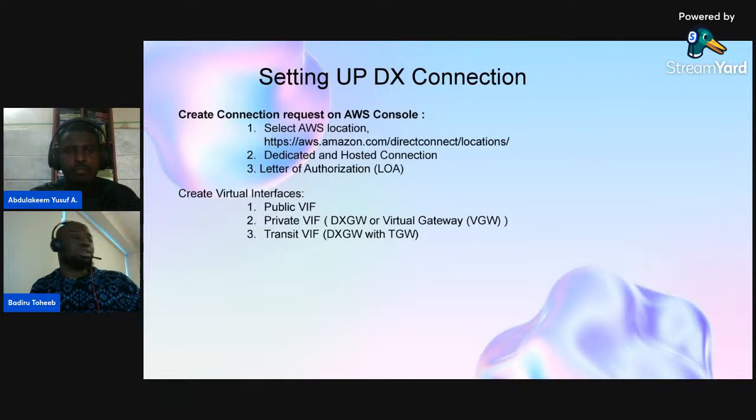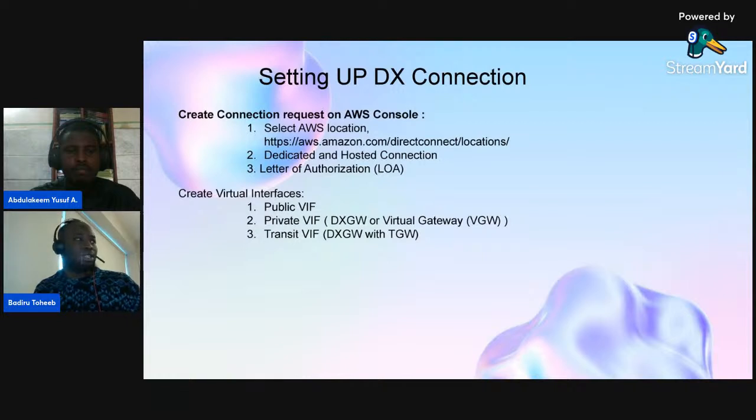So if you want to create a private VIF, then you just go there and specify the name of your connection. Which owner account is this going to be? Then of course, you select public VIF when creating your connection. And once that is up, then you can download your enterprise